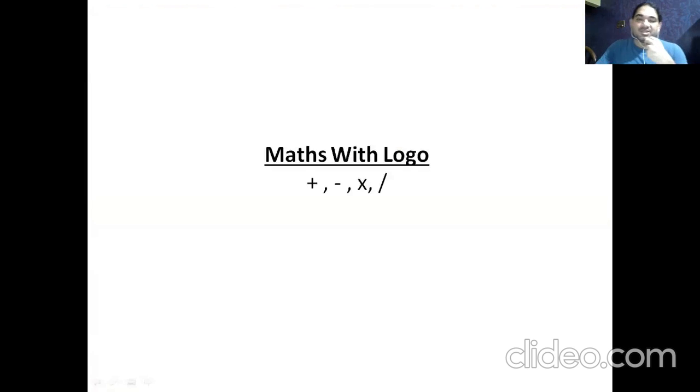Last part, that is maths with logo. When we talk about maths, addition, subtraction, multiplication, division, we use them very commonly, right? When we do addition, we all know we get the final answer. When we go for subtraction, we see many changes in the final answer, sometimes negative, sometimes positive. Some words come only in computers: for addition, and when you see the word differences, you find that it is used for subtraction.